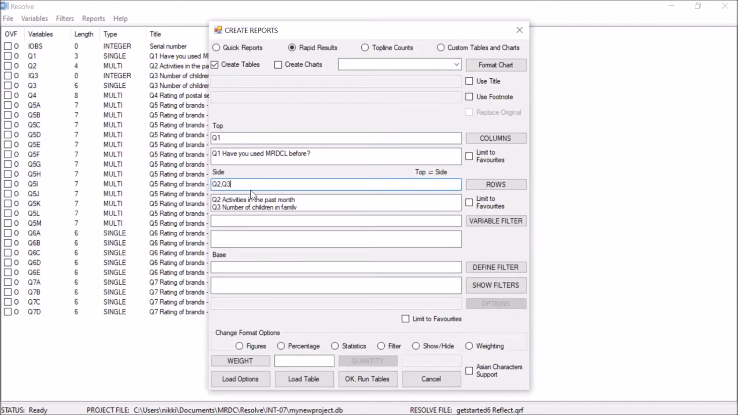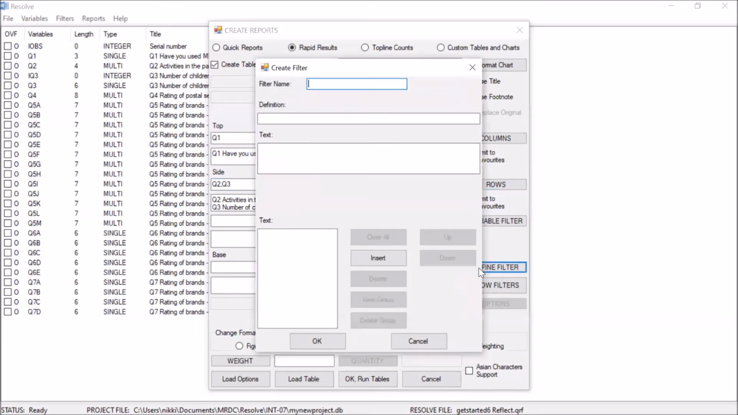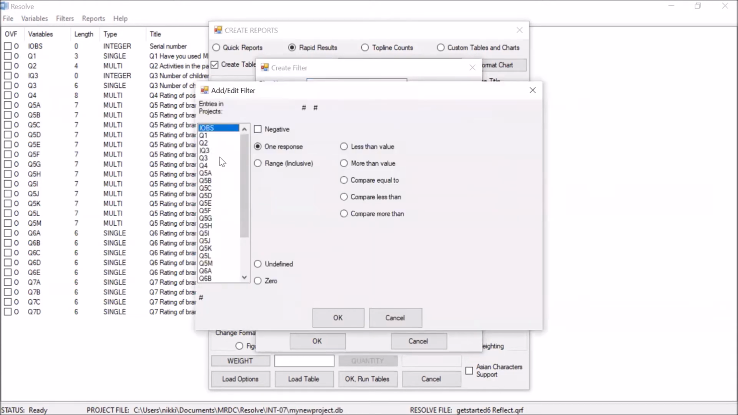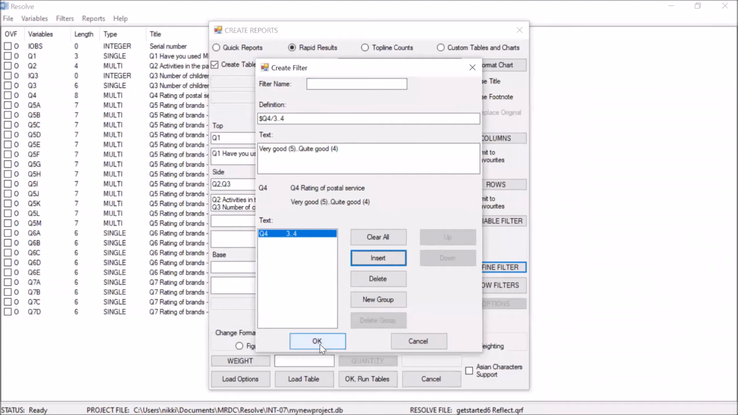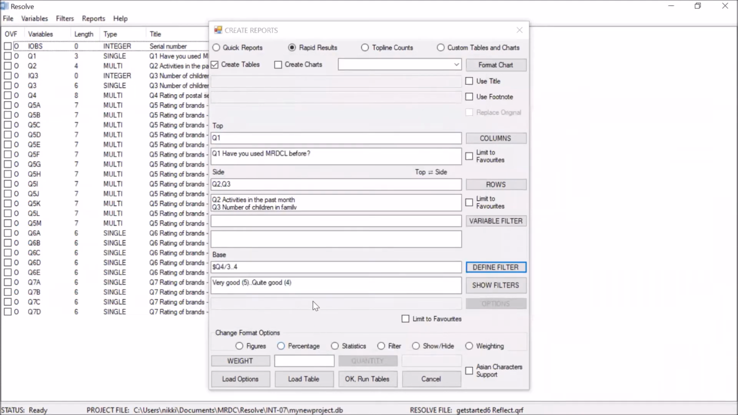Now let's add a filter. Adding a filter from the Rapid Result table doesn't need a filter name, so let's just set aside the filter name. Just click on the Insert button, click on the variable, and get the responses from the responses. Now clicking the OK button, it will be listed in the filter box. If you want to add another definition, you can type it in by adding a simple dot